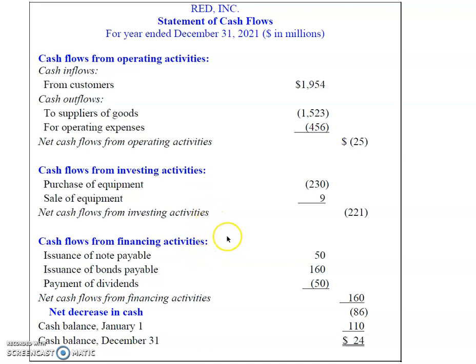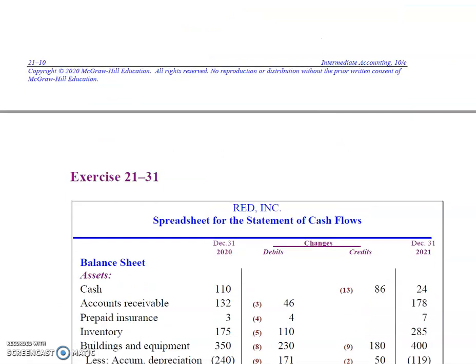Now notice the cash flows from investing and financing activities are done exactly the same way under the direct method or the indirect method. That doesn't have anything to do with them. It's strictly about operating activities. So we will go down to the net cash flows from